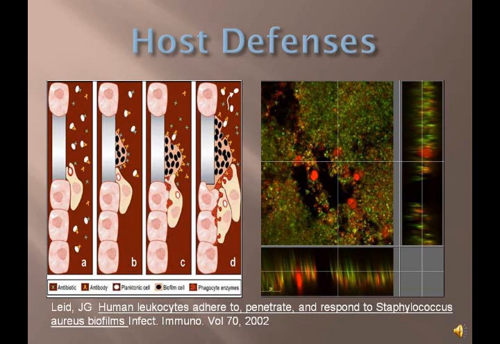So the question is why do the white cells not fulfill their immunologic duties in a biofilm infection? It's almost like these things are being commandeered or taken over by the biofilm itself,